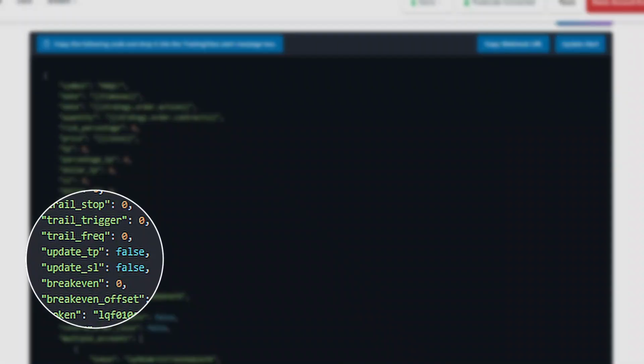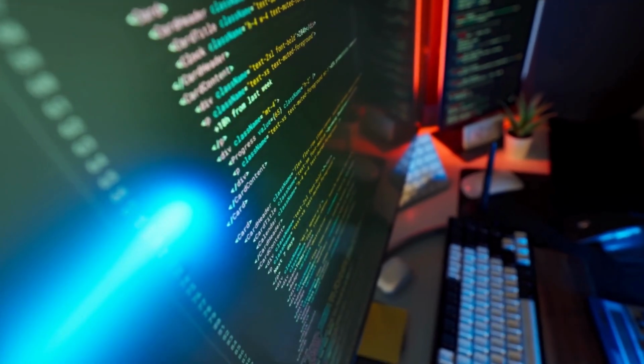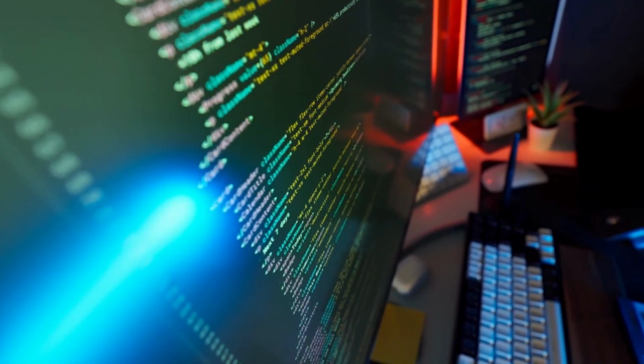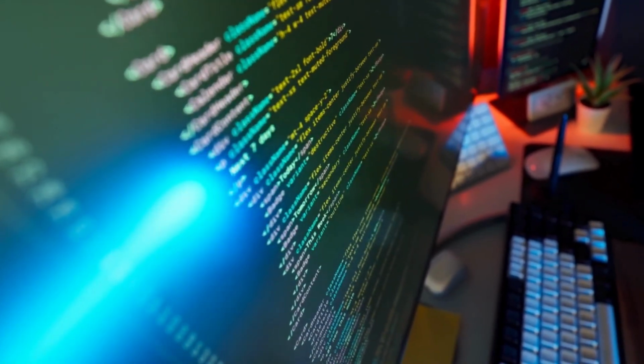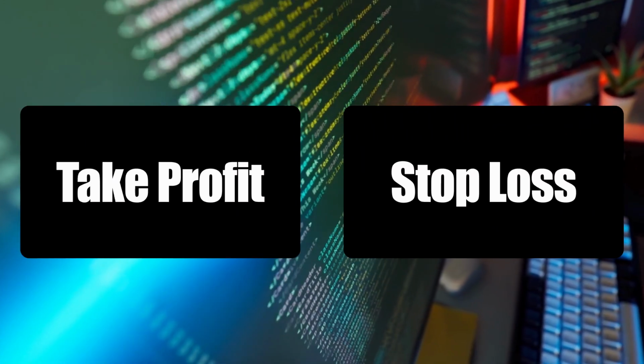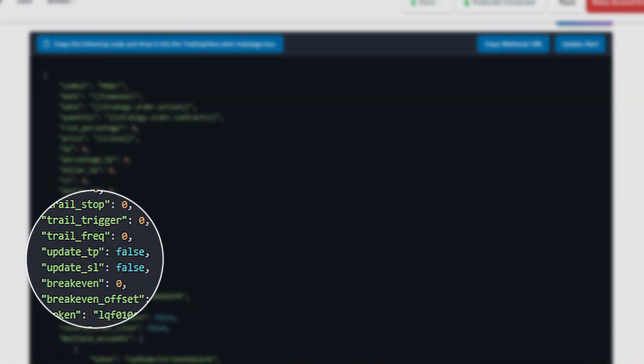There are two more options as update TP and SL. So this is for the developer or the person who knows about PineScript. So let's say you place an order and later on you don't want to place more orders. You just want to update your take profit and stop loss so you can update SL as true. Then whatever price thereafter comes, it is going to update the existing SL order with this price. And the same goes for the TP. When you update TP as true, then whatever price there comes, it is going to update the existing TP order